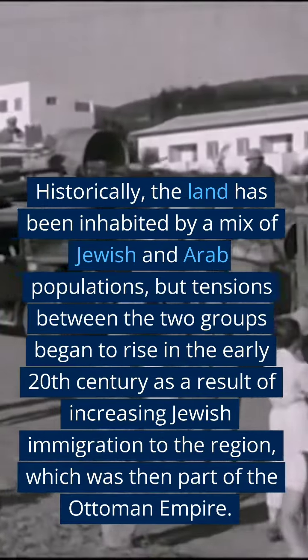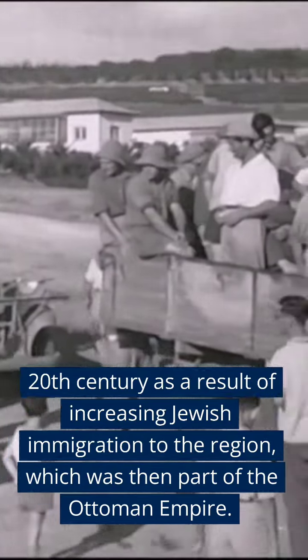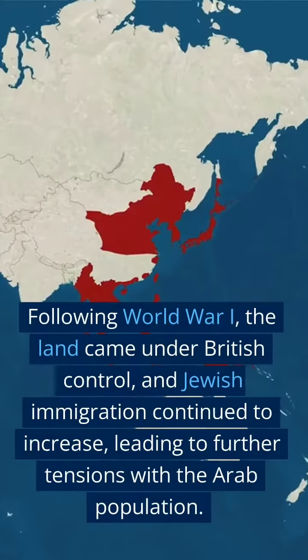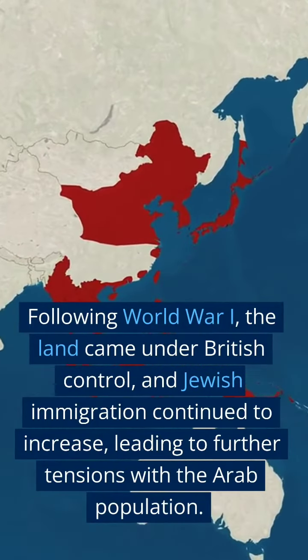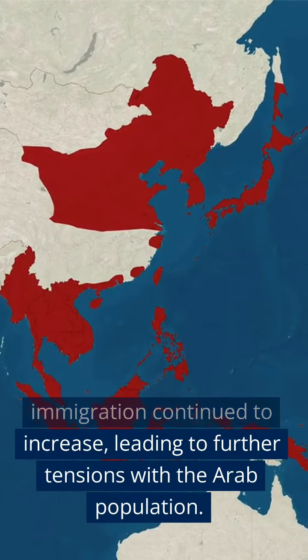Historically, the land has been inhabited by a mix of Jewish and Arab populations, but tensions between the two groups began to rise in the early 20th century as a result of increasing Jewish immigration to the region, which was then part of the Ottoman Empire. Following World War I, the land came under British control, and Jewish immigration continued to increase, leading to further tensions